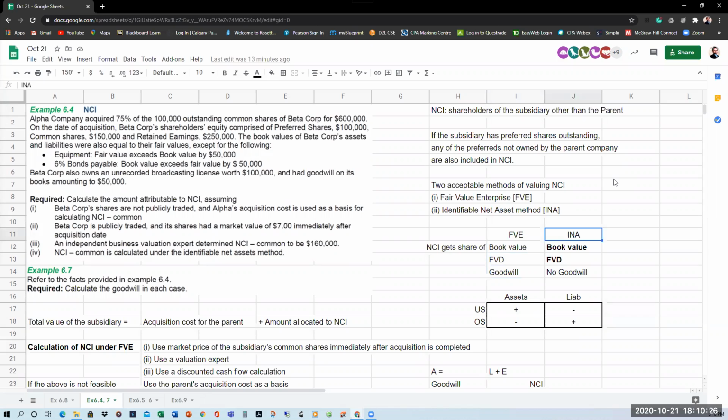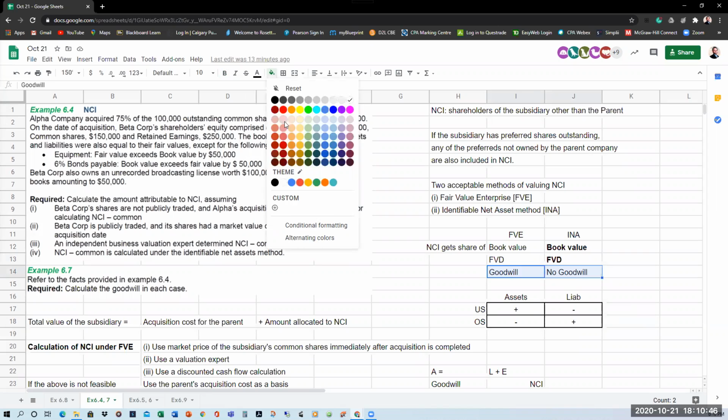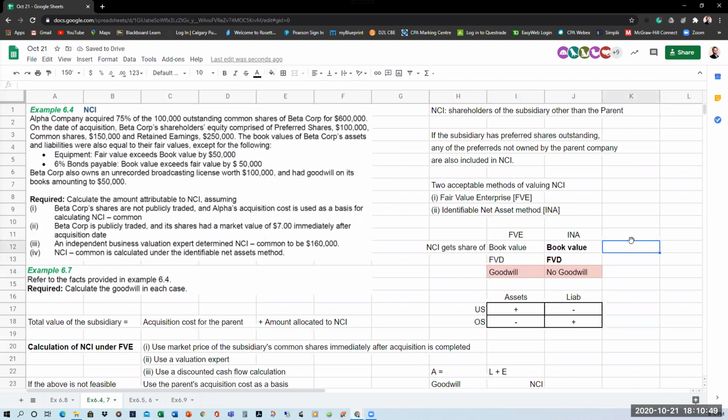Identifiable net assets says non-controlling interests should get book value and fair value differences, but they should not receive any share in goodwill. So essentially, what differentiates the two methods is whether non-controlling interest is to be allocated goodwill or not. Fair value enterprise says yes, non-controlling interest should also participate in goodwill, whereas the identifiable net assets approach indicates no, non-controlling interests should not get any share in